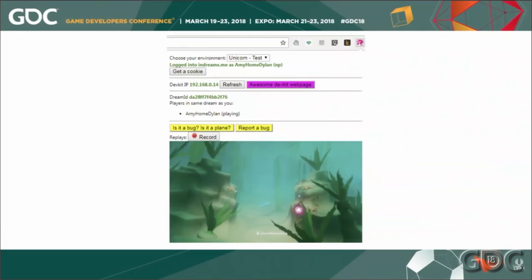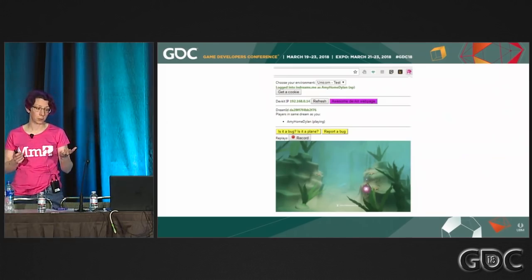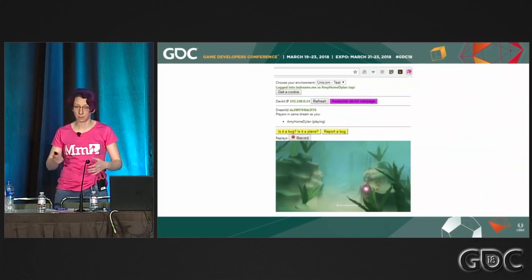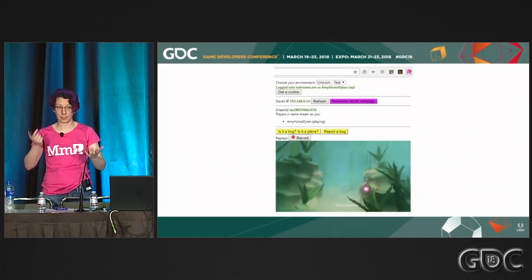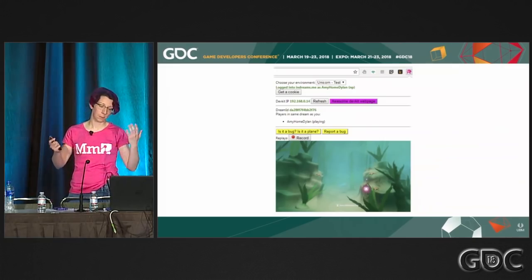So this is a picture of the Chrome extension, and as you go down the screen, it's kind of checking that everything is working properly with the Chrome extension. So if any of this goes red, then the artist knows that they need to take some action, and it does explain to them what the action is that they need to take to fix it. So if you get down to the bottom and you get a screenshot, it means it can talk to your dev kit, everything's working fine.